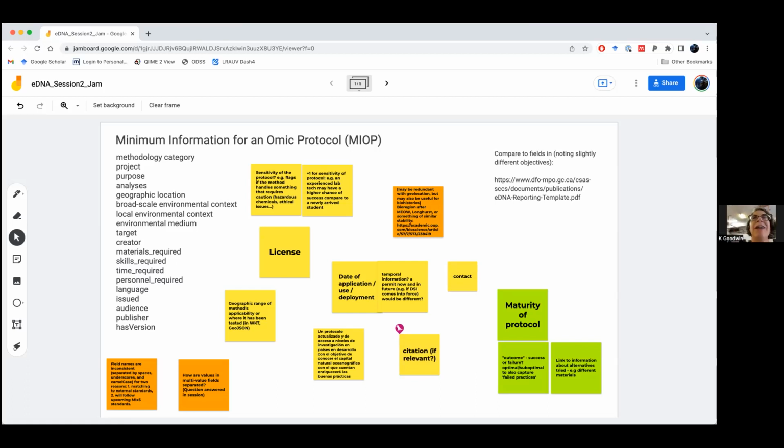Yeah, now I have a lot of thoughts going on in my head. Okay, a couple of things I think are good points. Instead of replicating what's in MixS or OBIS or Darwin Core, a requirement is that any data that you're using to demonstrate the efficacy of the protocol follows one of those, right? So that it ends up ingested.